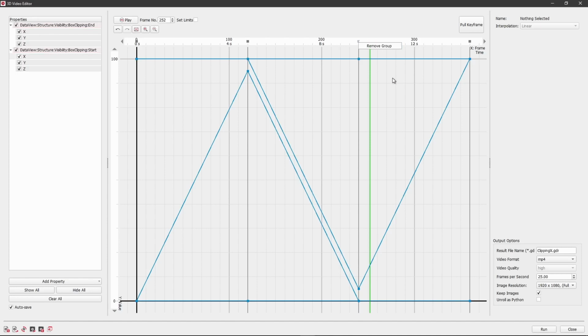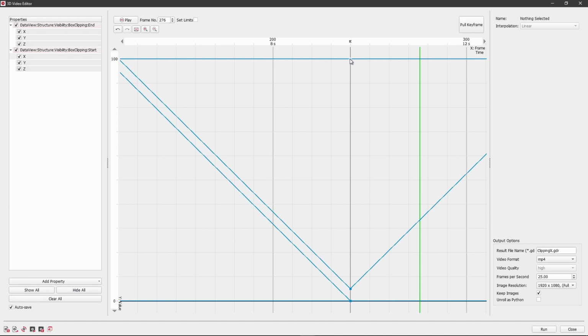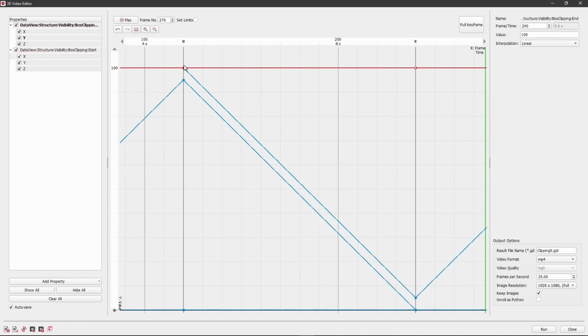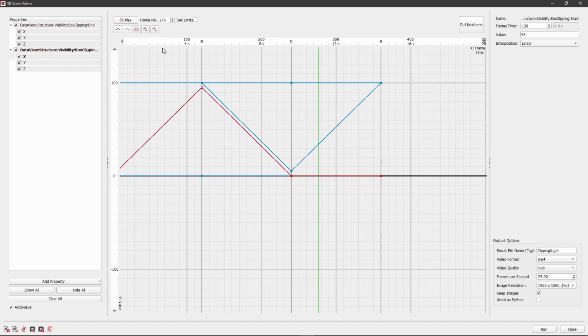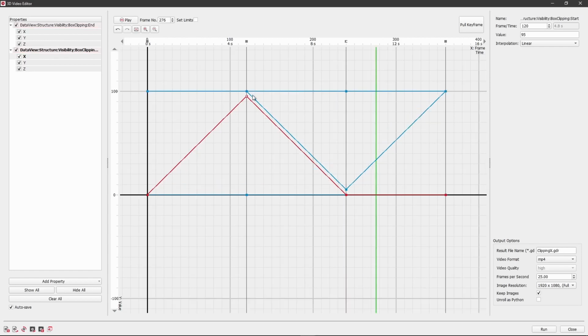To remove a keyframe, we can right-click the keyframe handle on the x-axis to call its options menu and select Remove Group. To select the control point of a parameter on a keyframe, we left-click on the blue or red box which represents the point. The control point will show up in the value panel with its name, position, value, and interpolation type.